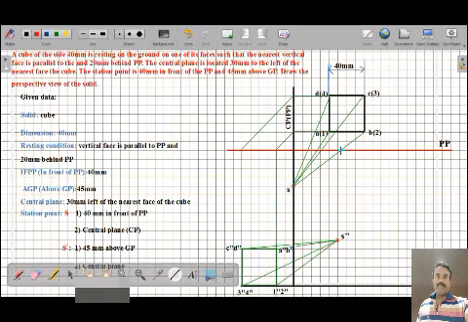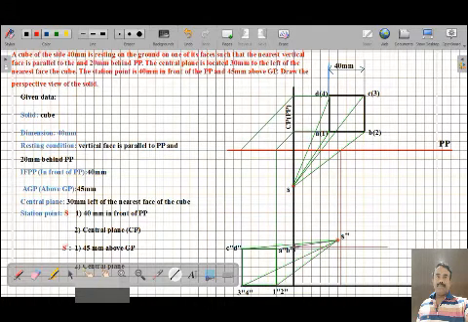From all the piercing points, draw the vertical line. Similarly, from all the piercing points in the side view, draw the horizontal line. So this is the interceptor point which is drawn from the corner B as well as the 2. On this line only, we are going to get the final point B, corner B, as well as the final corner 2.